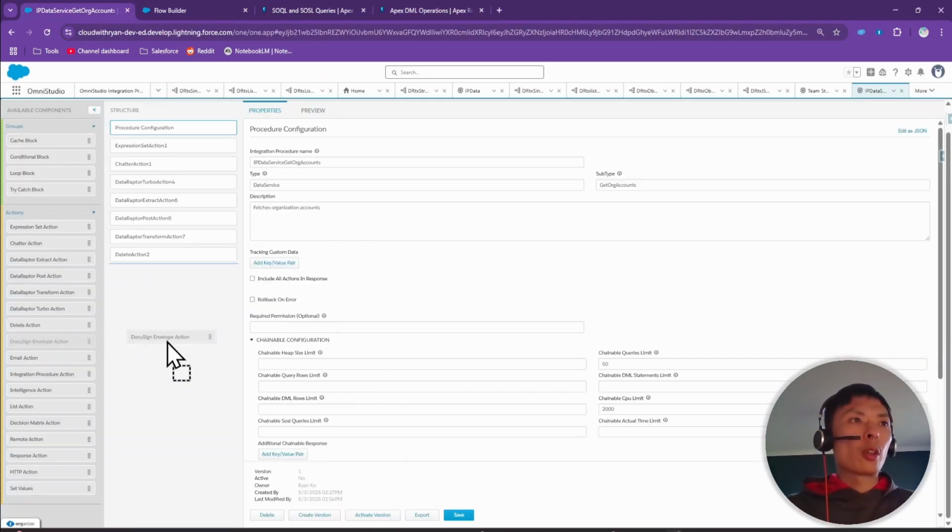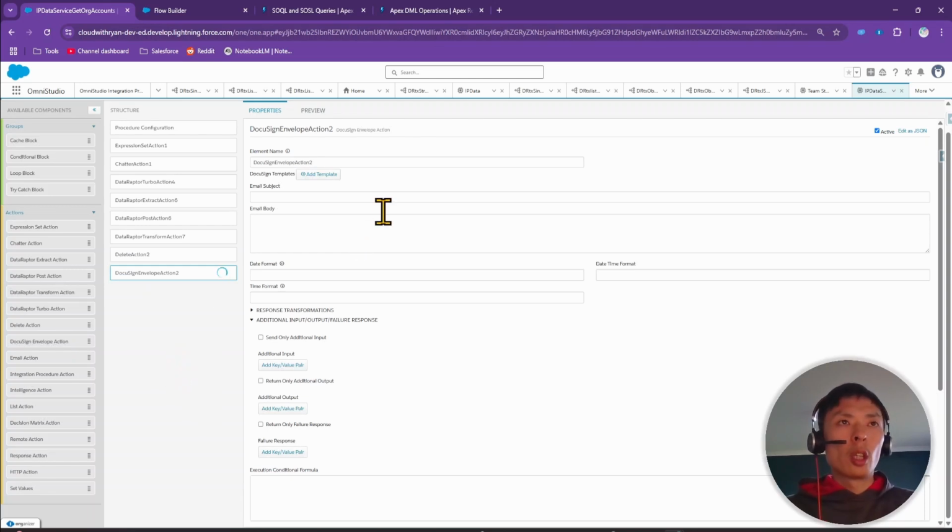Next, we have DocuSign envelope actions. So for those that don't know what DocuSign is, basically it's an e-signature platform that lets users send, sign, and manage documents electronically. So things like automated agreements, workflows, contracts, and onboarding forms. And based on my research, I believe you will need licenses or DocuSign accounts to be able to use this